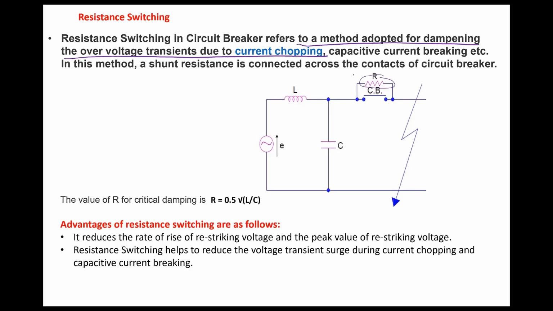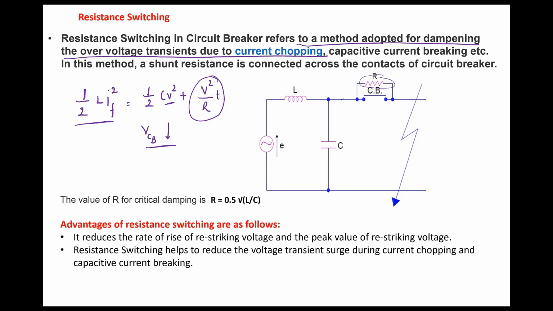Ideally, what happens when you connect a resistor? This energy of half L i square now has two paths, that is, it will partially become half C V square and V square by R. So this resistor will dissipate the huge amount of energy supplied by this inductor. When some amount of energy is dissipated across the resistor, then this voltage V across the circuit breaker poles will decrease.